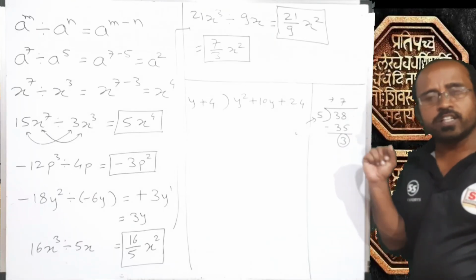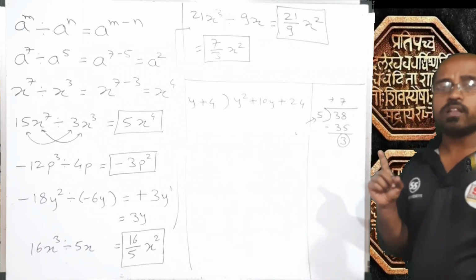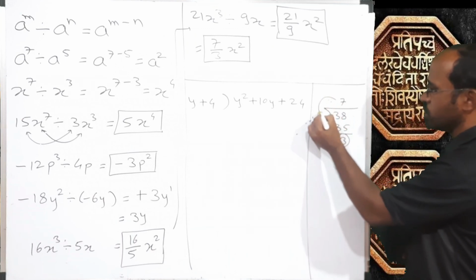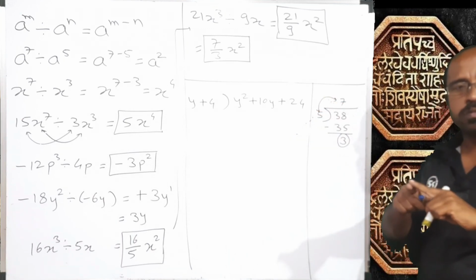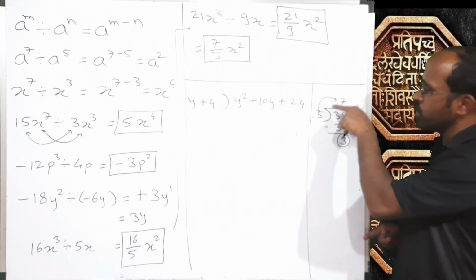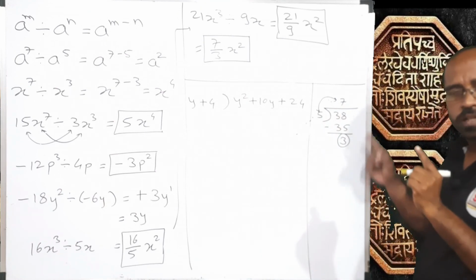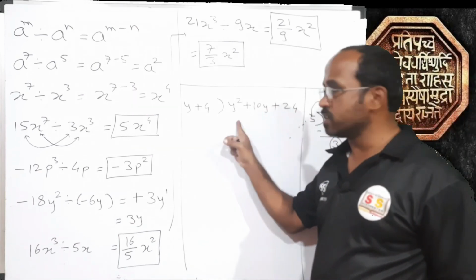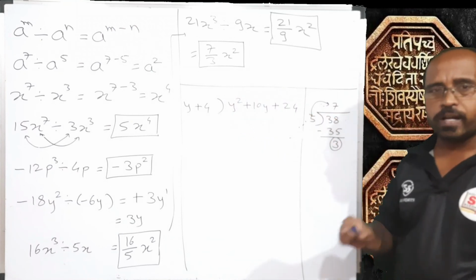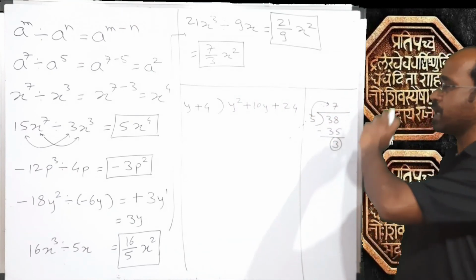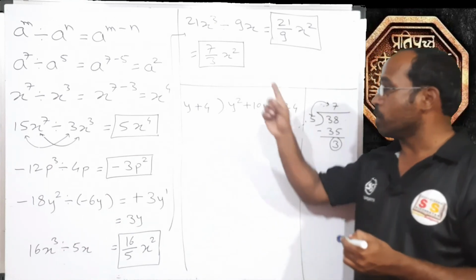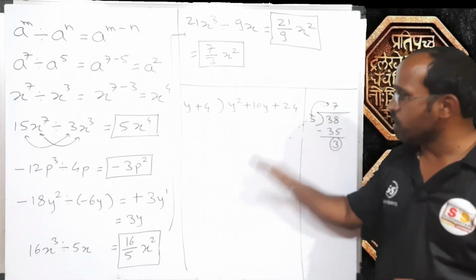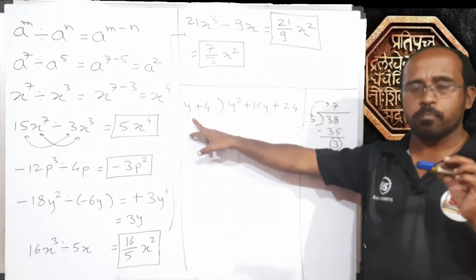Why are we subtracting 35 only? What is the logic behind this? The logic is, whatever quotient we find, we subtract the multiplication of the quotient and divisor from the given dividend. Clear? So we have to use this skill here. Please remember, first we find a quotient, and then subtract the multiplication of quotient and divisor. The same task we have to do while dividing a polynomial by a binomial.